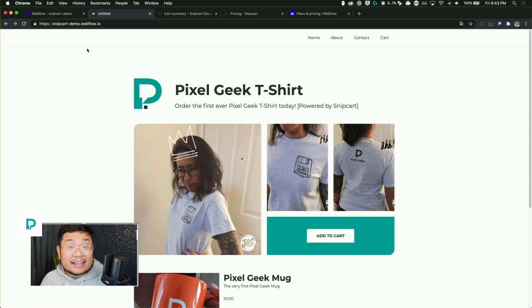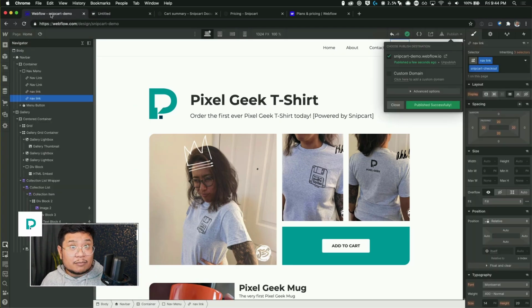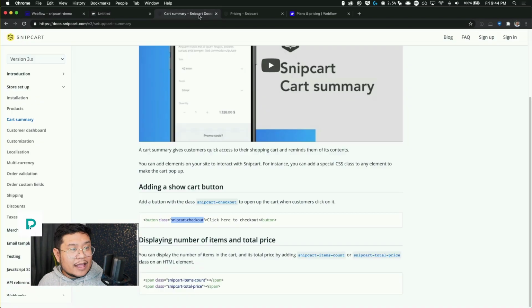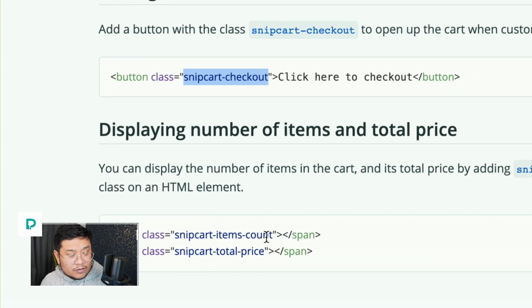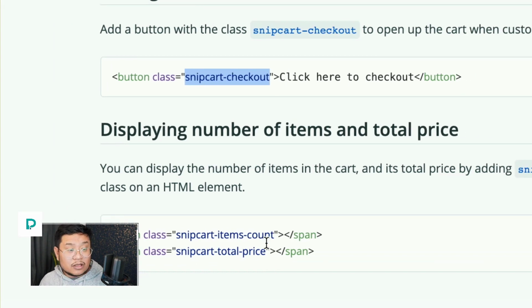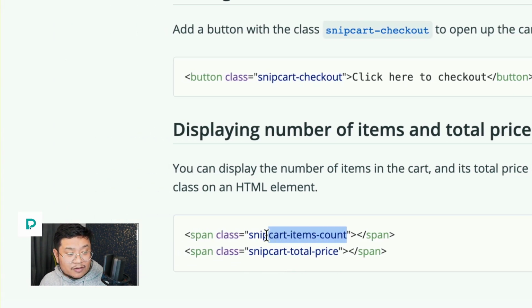All right, let's take this even further. Let's show how many things and how much my items in my basket are going to cost. And how to do that is right here. You can show the number of items and how much it costs. So I can just copy this class name,